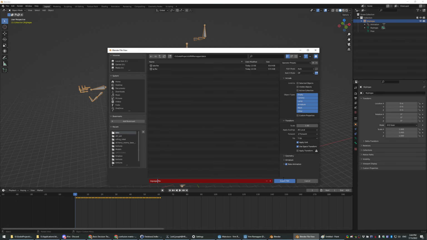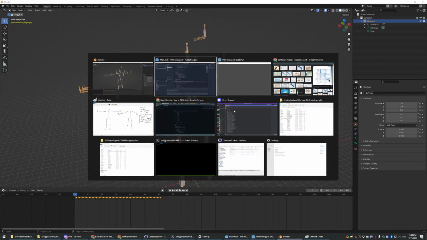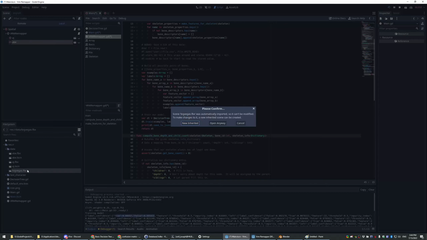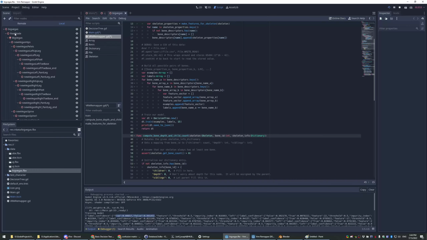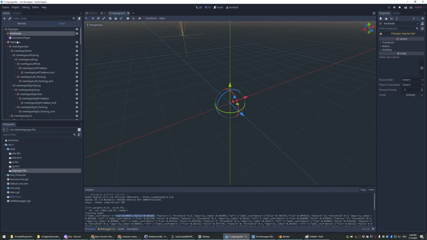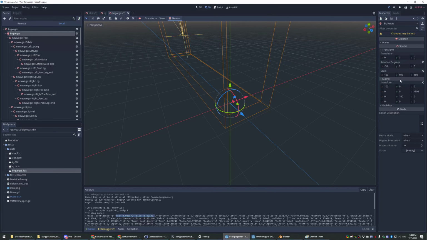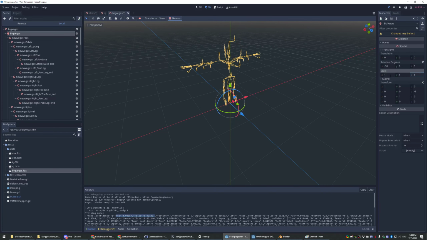Bake animation, leave everything else, export. And now there's a bit of a song and dance around cleaning it up once it's in here. So Big Vegas, open anyway. I'm going to take Big Vegas, drag them up to the root, rename, get rid of this root node. I think this transform is, yeah, set the scale back down to 1, rename to skeleton,